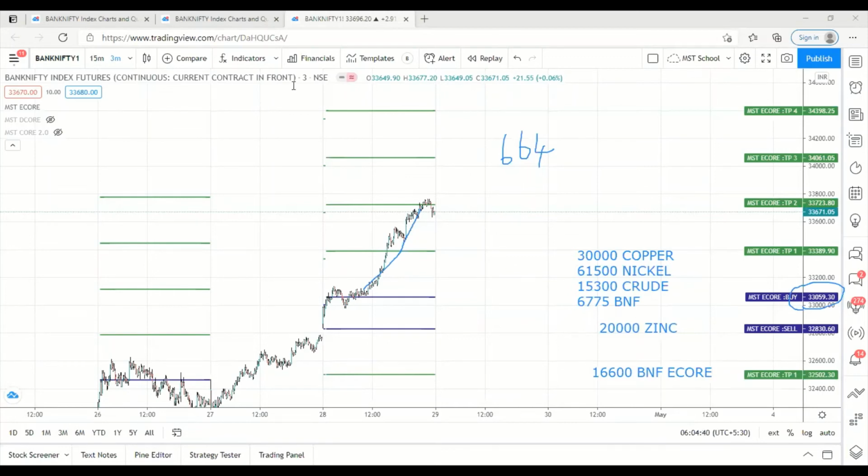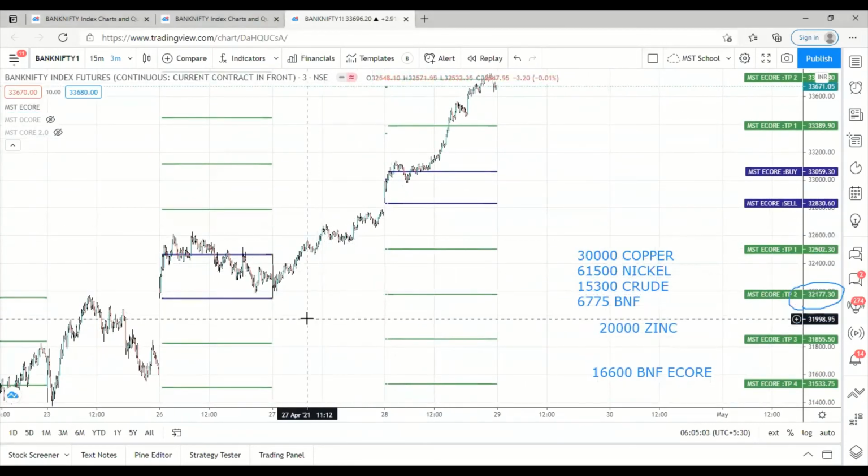All these are for the single lot. All these are for the single lot only. If you are taking 10 lots, it becomes 1,66,600. 1,66,000 plus you will get. So similarly, you can trade for any day, and this will also work in the stock. It will also work in the stock.